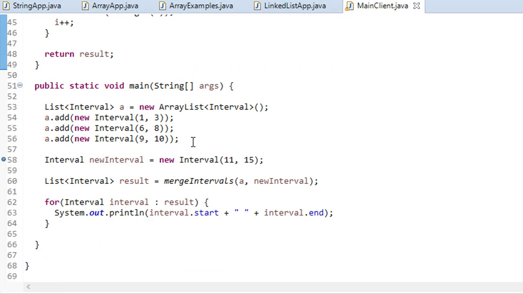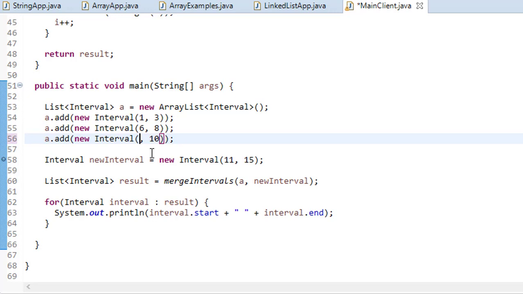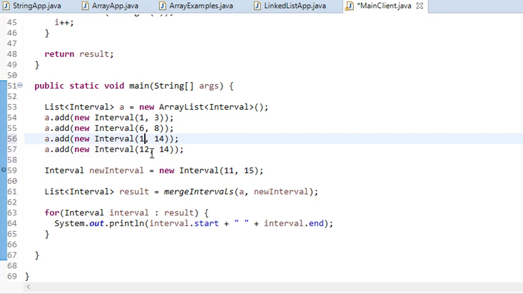Basically here we have some intervals, these are already existing intervals. Let's take this case where we have, let's say, 12 to 14, and then this is our new interval, and here we have 10 to 16, and here we have 10 to 12, and here we can have 14 to 20, right?